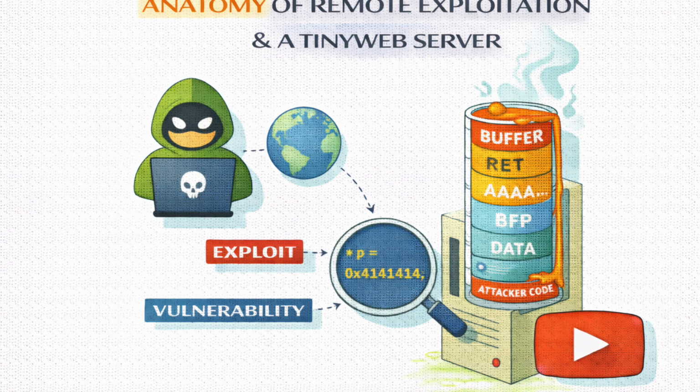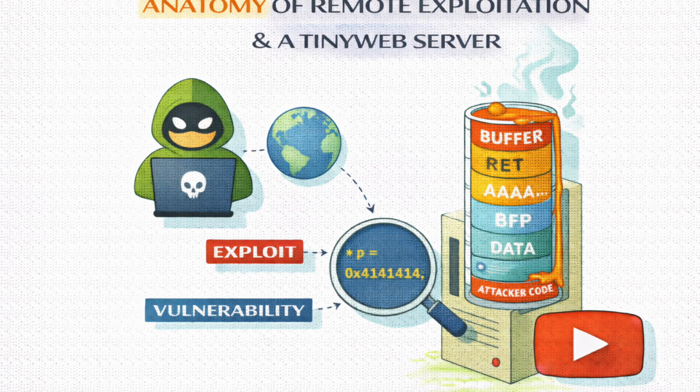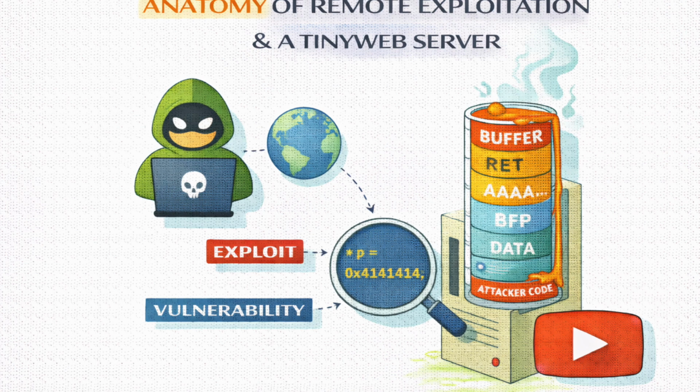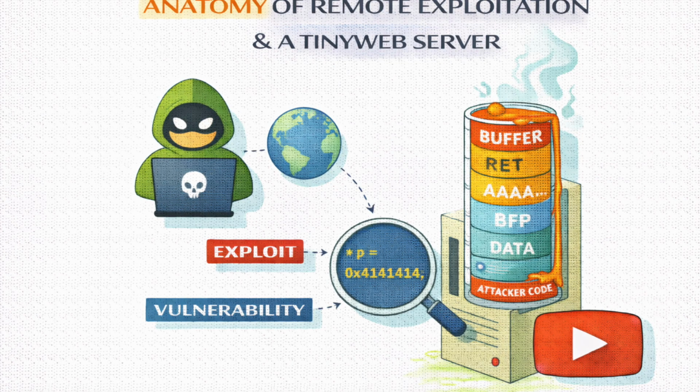So the new strategy is I, the attacker, set up a server on my machine and just wait. You set up a listener, then you send a different payload to the victim. This shellcode doesn't open a port, it tells the victim machine, call this IP address, the attacker's IP, and connect. The firewall sees an outgoing request, thinks it's legitimate traffic, and lets it pass. And once that connection is established, the data flows both ways. You have your shell, you've completely bypassed the perimeter security.